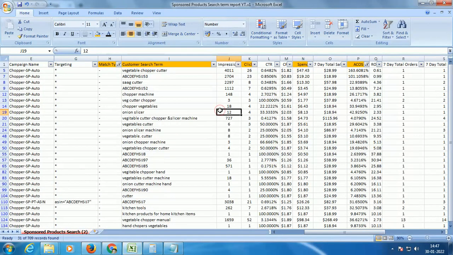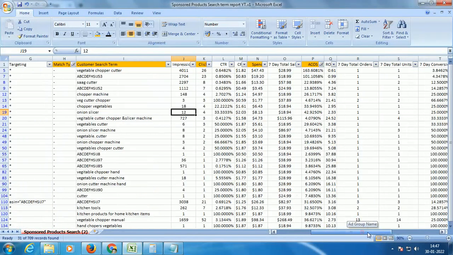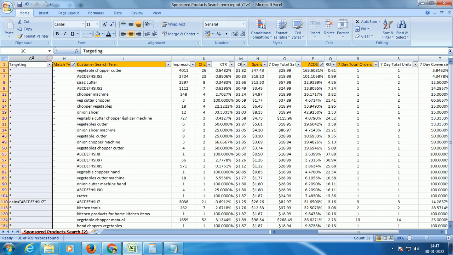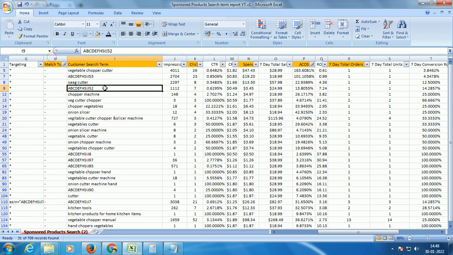Now when I'm looking at this sheet, before working on the next steps, I want to highlight one more cell, which is your total orders, right? So I want to highlight orders also. Fine, so we are looking at our auto campaigns.